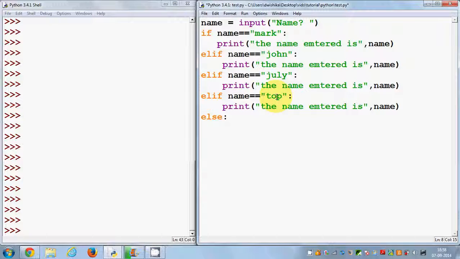If you want to compare different conditions, you can use the else if condition, and if none of the conditions is true, I can just print that the name entered is not valid. Now I've saved the program, and when I run this,